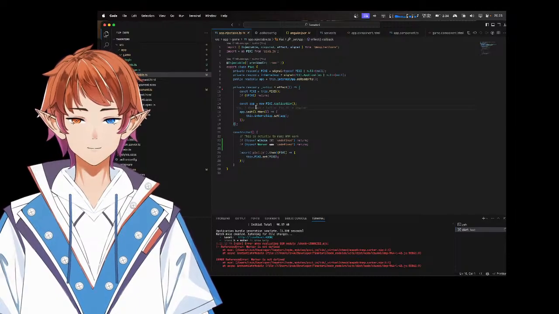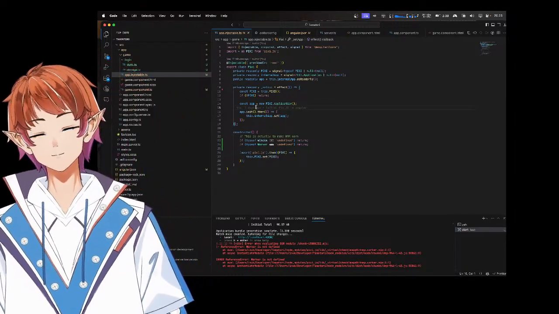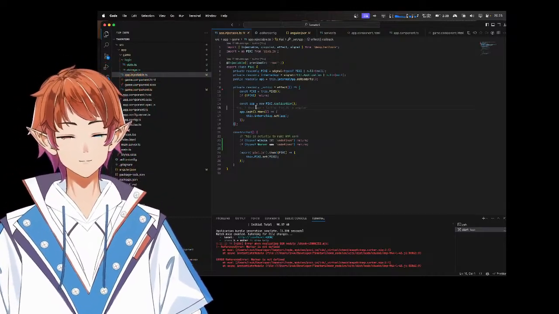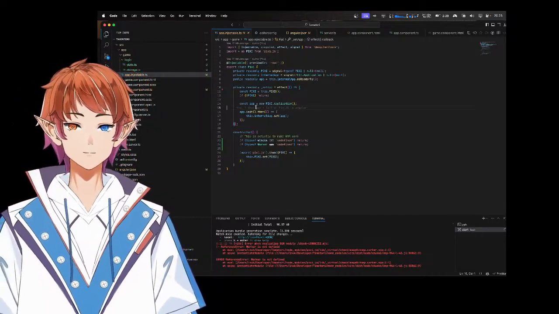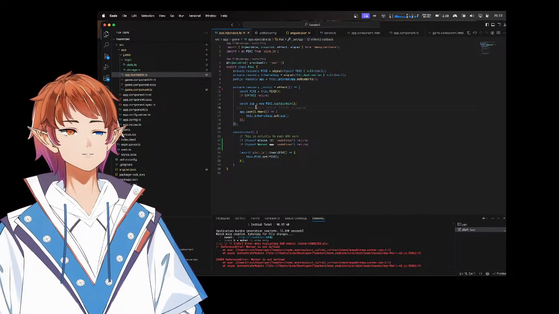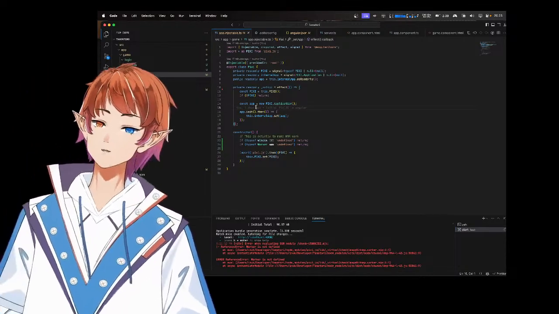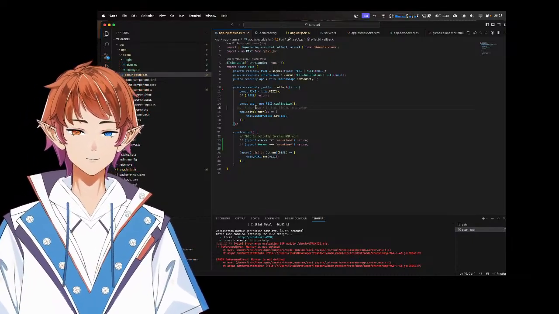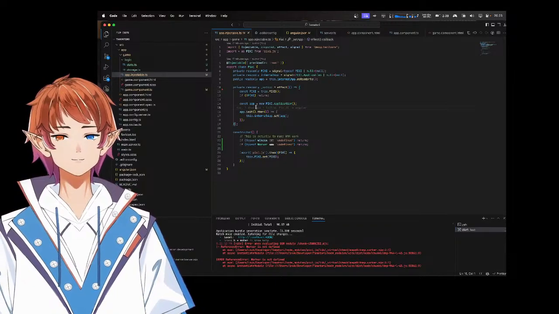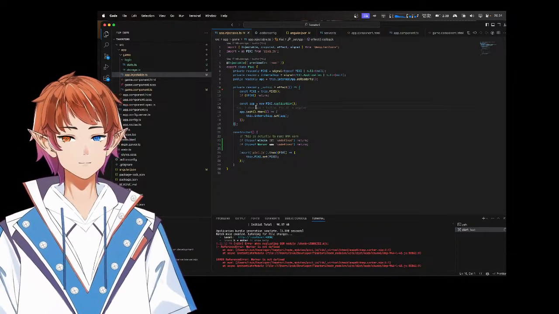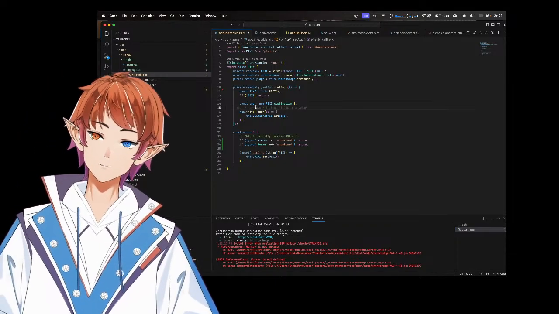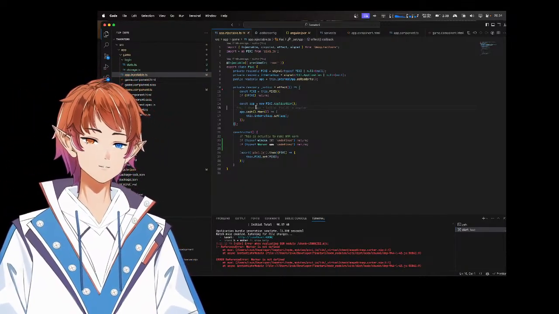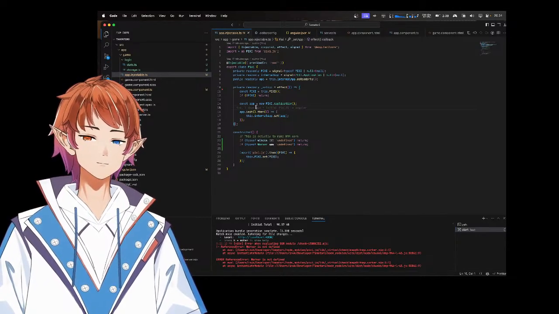Then we have one of my favorite languages. I just said I try not to have favorites, but I do have favorites. My absolute favorite language is Swift. I absolutely love Swift. It helped me understand both functional programming and object-oriented programming. Without Swift, I wouldn't understand either. Swift is also a managed language, much like both JavaScript and Kotlin,